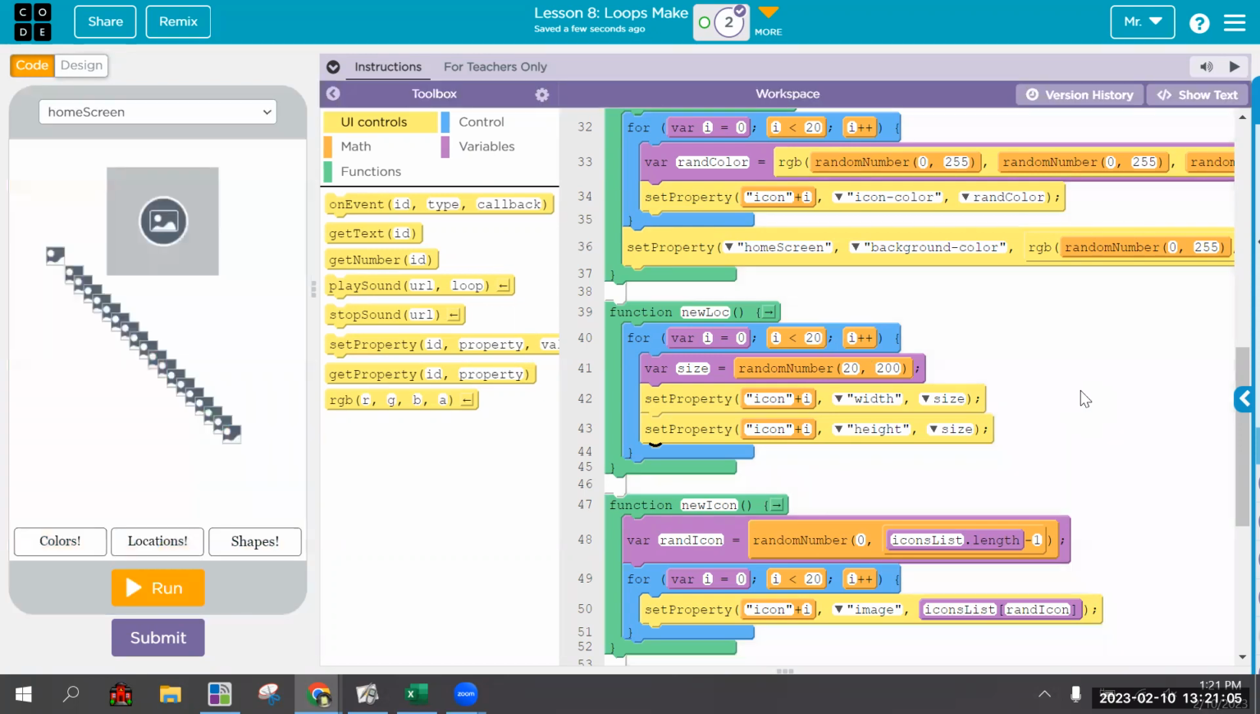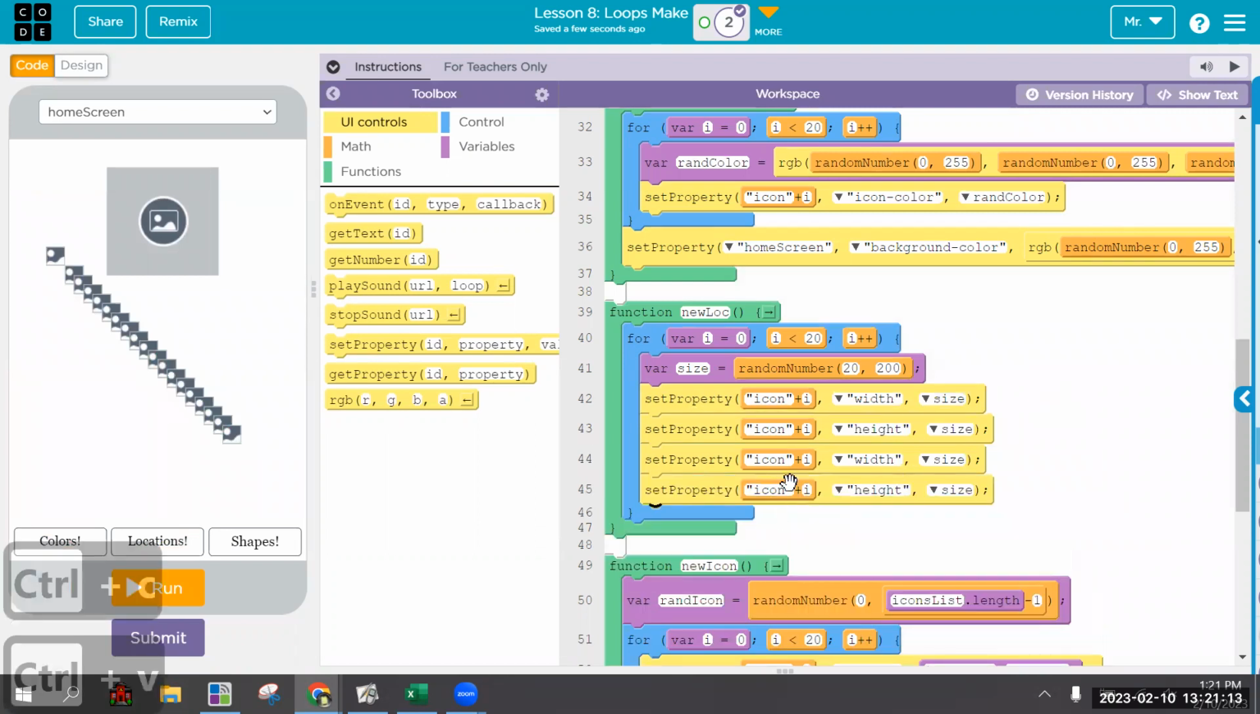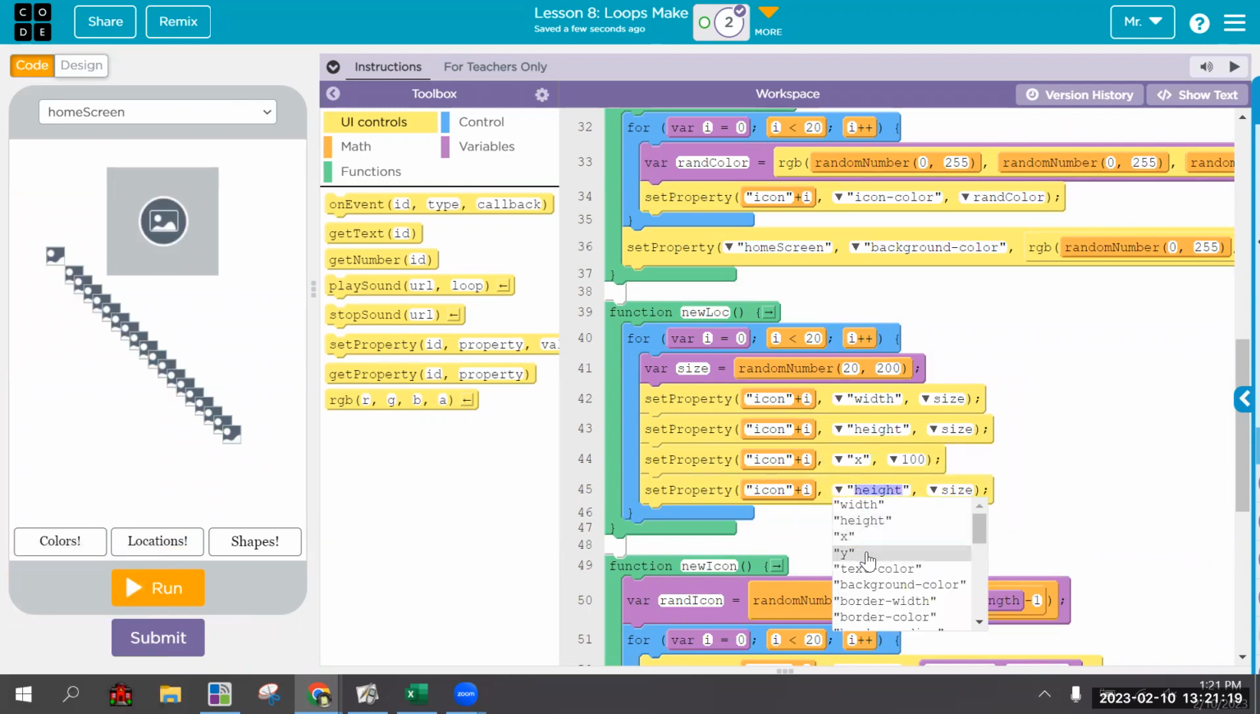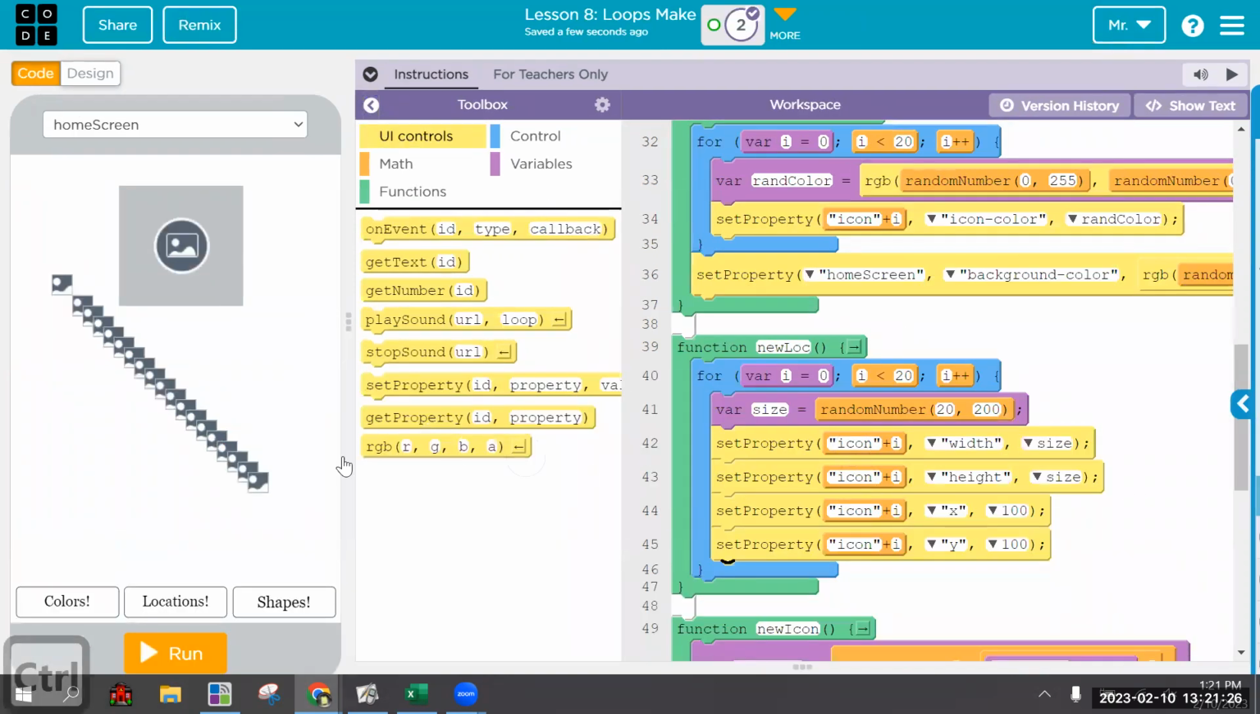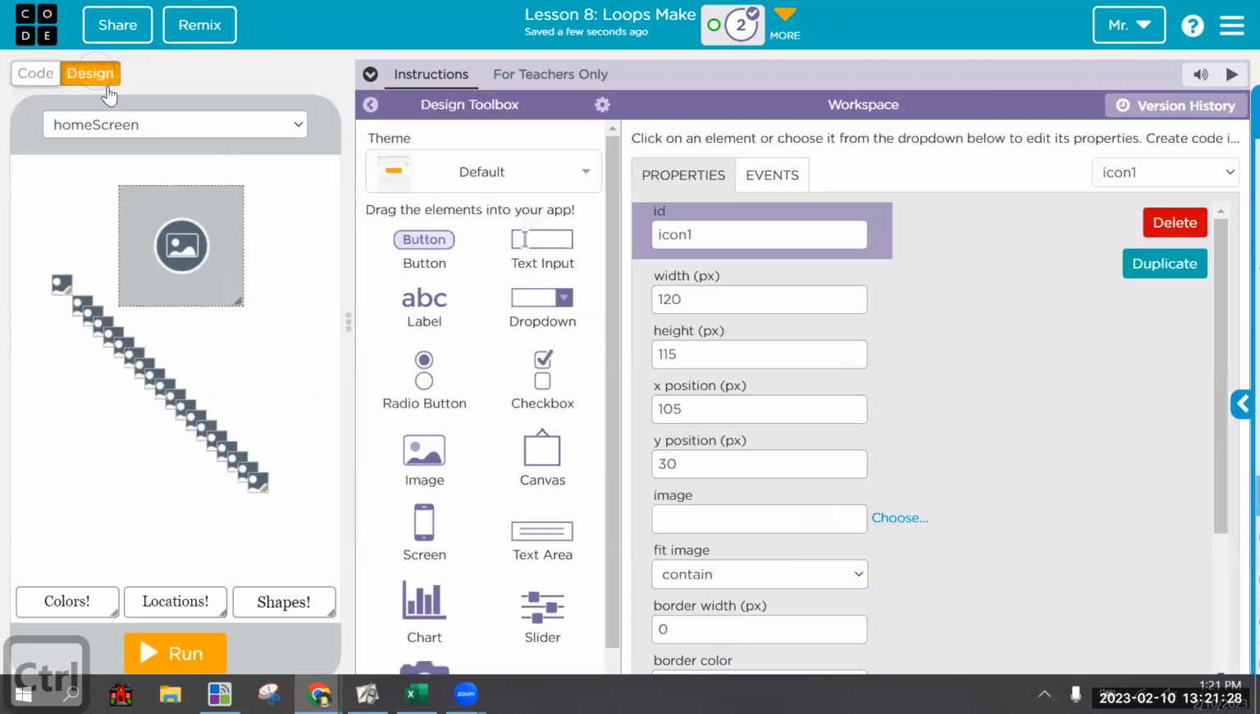Okay, so they're all getting new size, and we want to give them all a new X and new Y. So we need two more, all of which are icon I, but this one is going to be its X location, and the other one's going to be its Y location. So setting its X and Y, what are we going to set it to? Well, those of you who are not in my class last semester may have not spent as much time doing the